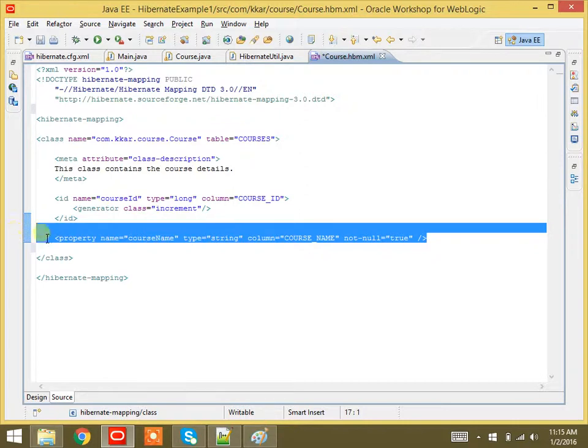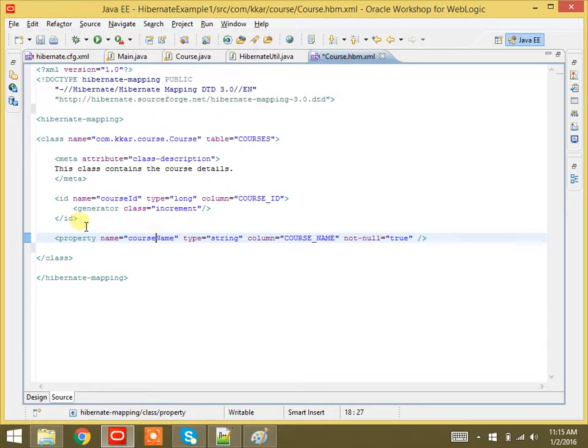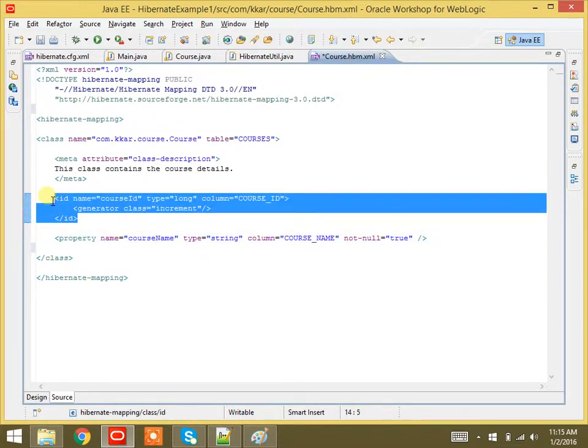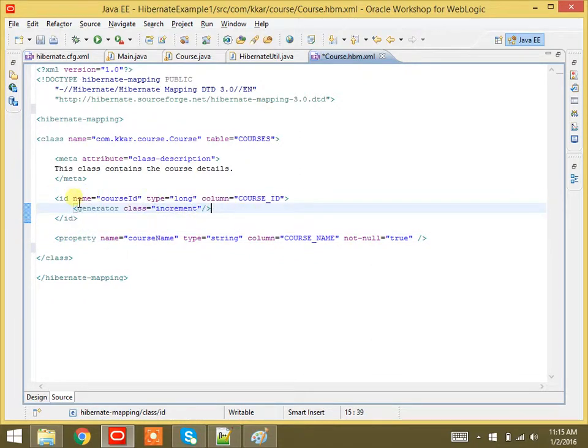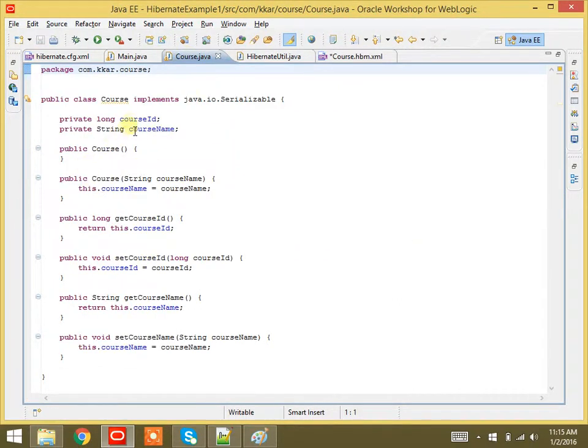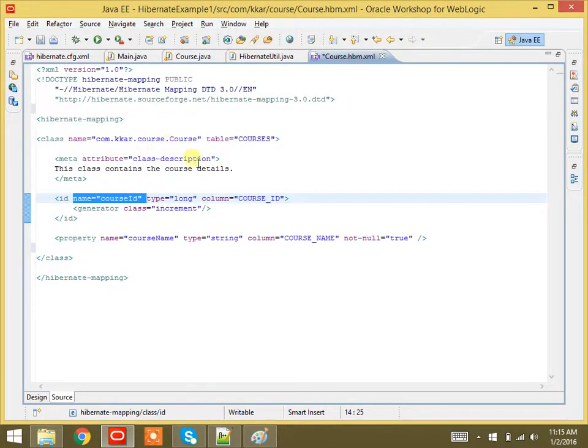Whatever the first column is, the column we need to represent is course ID. You can see course ID is there. From the Course Pojo, we need to take the course ID field. The type is long, and we are specifying the type long.